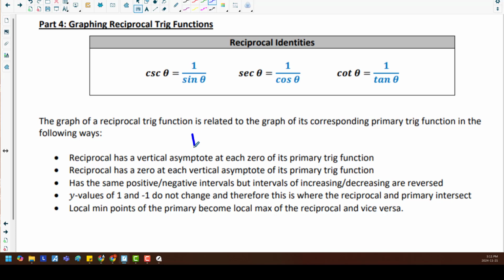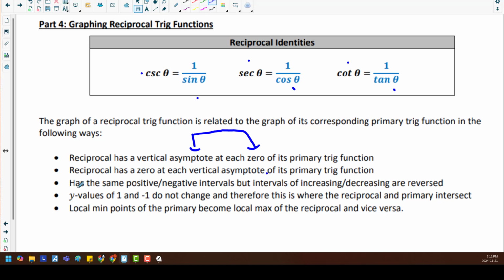Reciprocal has a vertical asymptote at each 0 of its primary trig function. So anytime sine is 0, cosecant has an asymptote. Anytime cos is 0, secant will have an asymptote. Anytime tan is 0, cotangent will have an asymptote. The reciprocal has a 0 at each vertical asymptote of its primary trig function. So if there is a vertical asymptote, basically only for tan, then the reciprocal will have a value of 0